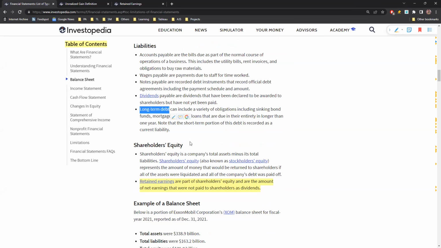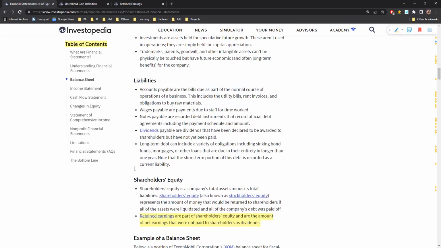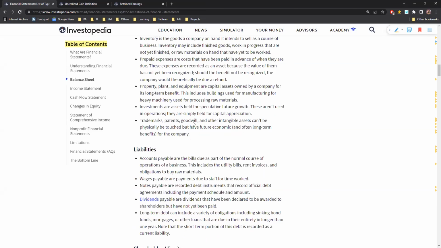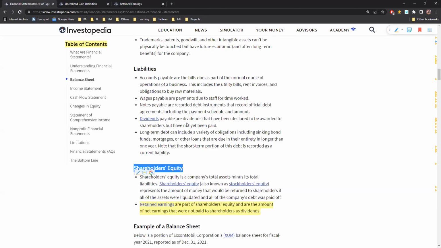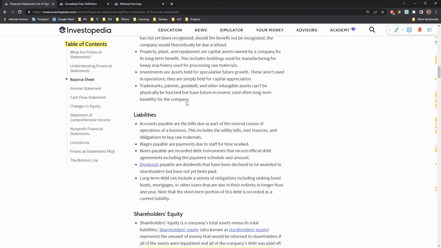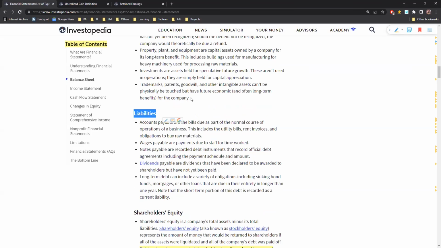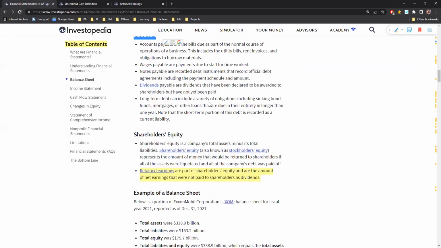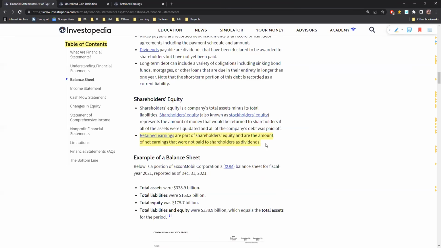These two are the main components, and there's one third component within the balance sheet, which is called equity. The way equity is calculated is simply you take the total assets that you have, subtract the total liabilities from it, and whatever remains is considered the total equity of that particular company. Now, there is one term called retained earnings. Typically what this conveys is, let's say your equity has turned out to be some amount of positive money, right? And it is completely up to that particular company's discretion whether they want to